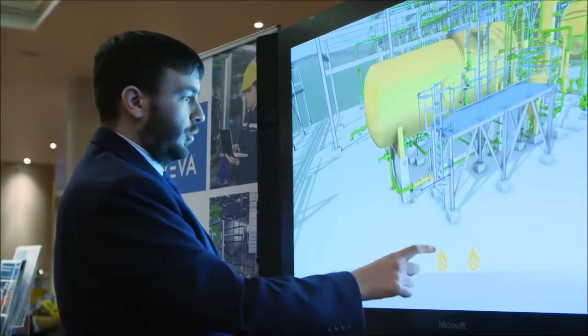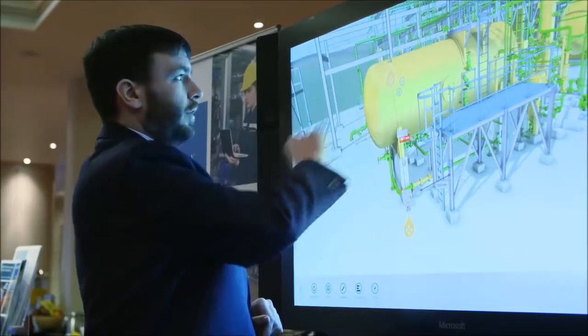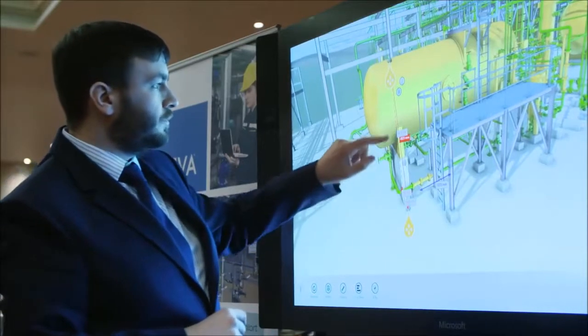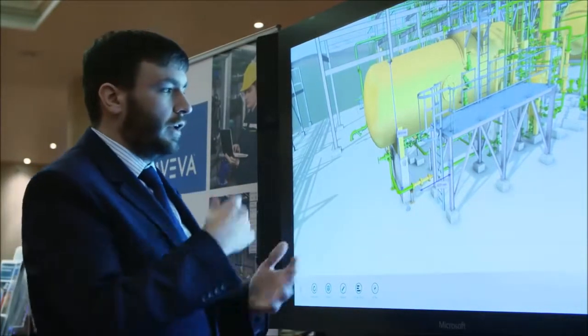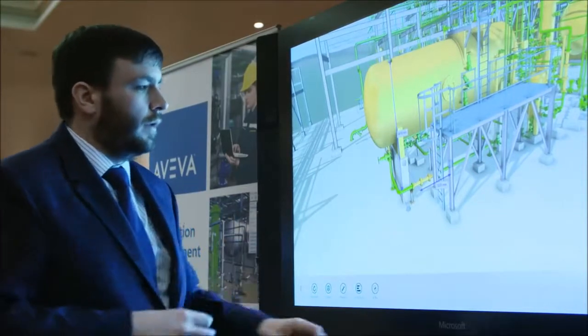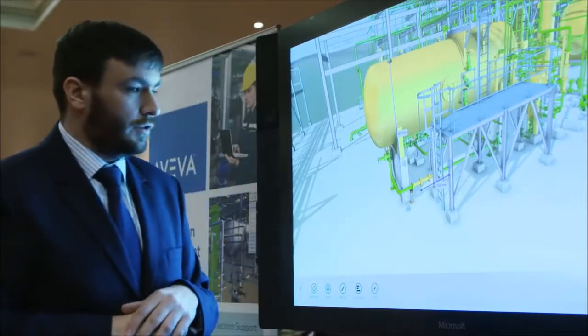We can add another measurement point on there. We can go ground to the top of that vessel. We can select the vertical measurement on that, and we can keep building those up. And of course, we probably want to capture once we've done that, so we've got this collect function as well,